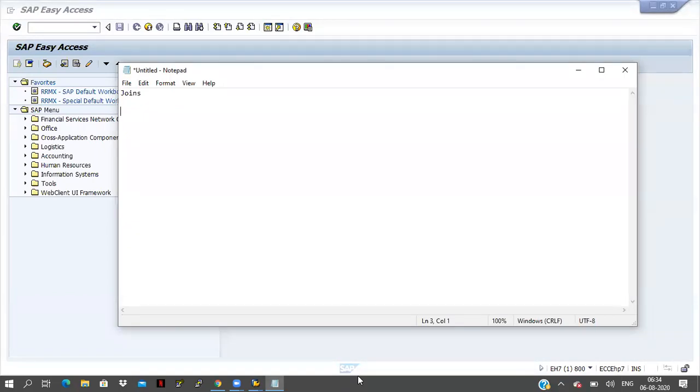In the last class, we discussed the differences, and how we can insert the data in the table, how we can delete the data, and how we can update and modify. The difference between update and modify, we have checked all those things, and today's concept is joins.